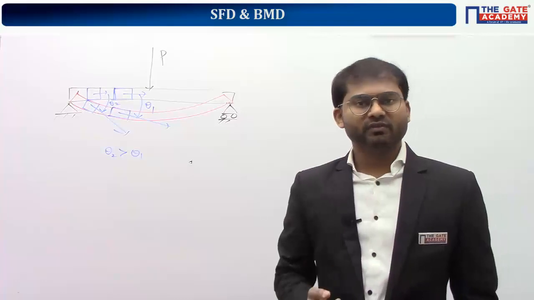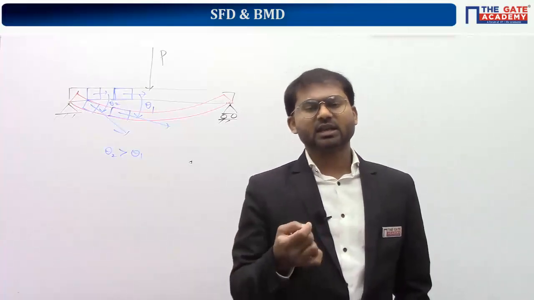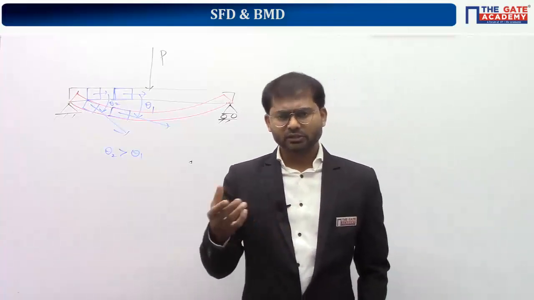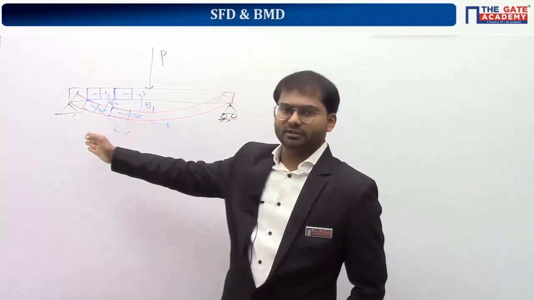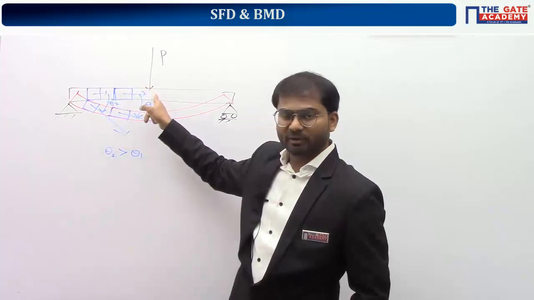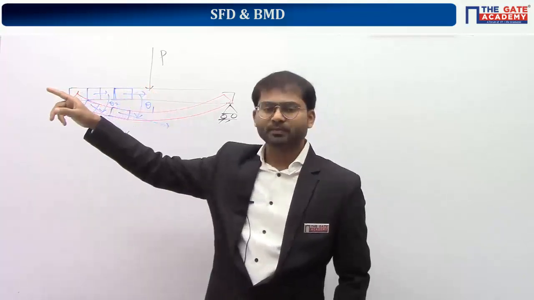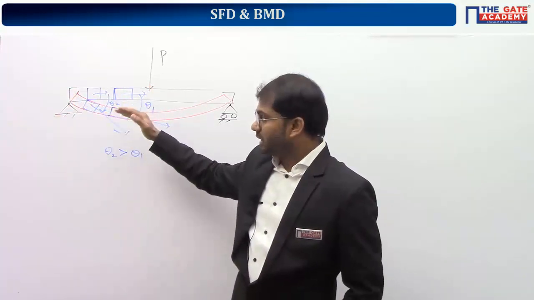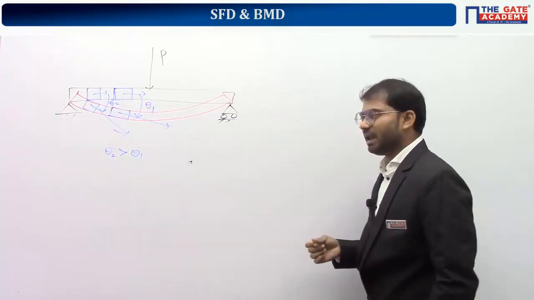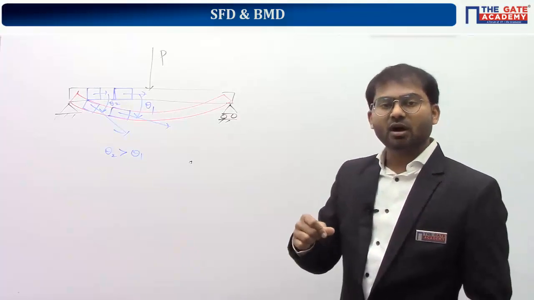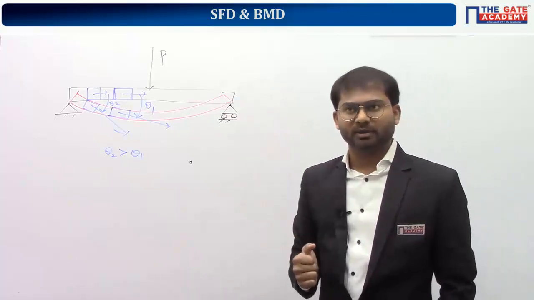In the previous class we studied that the turning effect of a force is called torque. It's also called the moment of a force. So here the induced moment is different. Though the load is acting at the center, moment is being induced at every location along the length of the beam, but the induced value is different. So the bending moment diagram gives us the variation of this induced moment along the length of the beam.